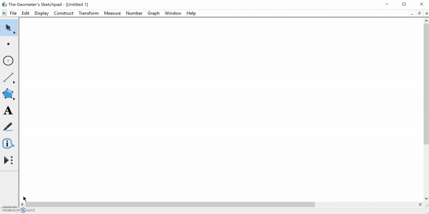Today I'll be doing a demonstration on Geometer's Sketchpad regarding quadrilaterals. We shall begin by addressing a couple of standards: